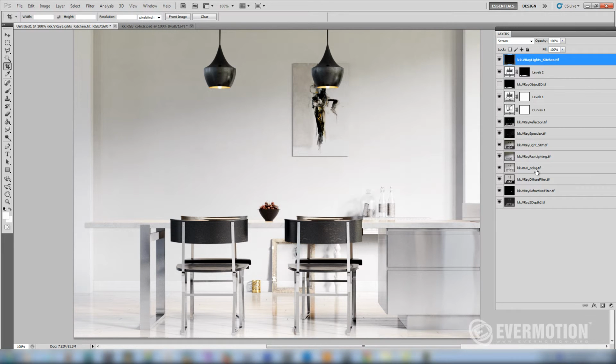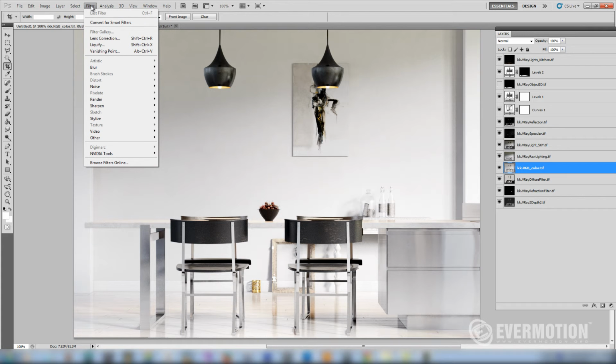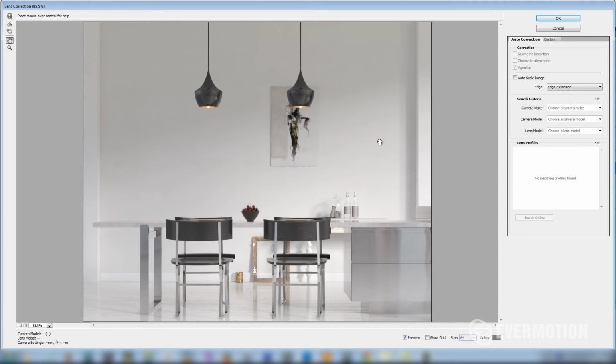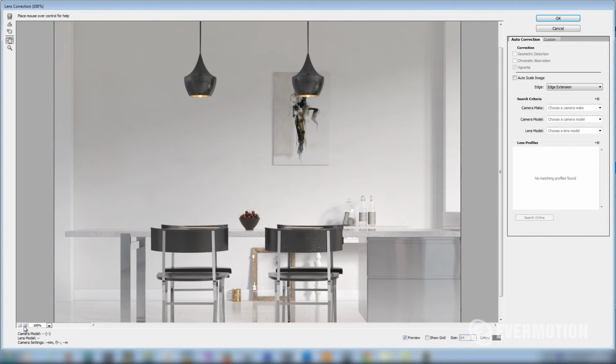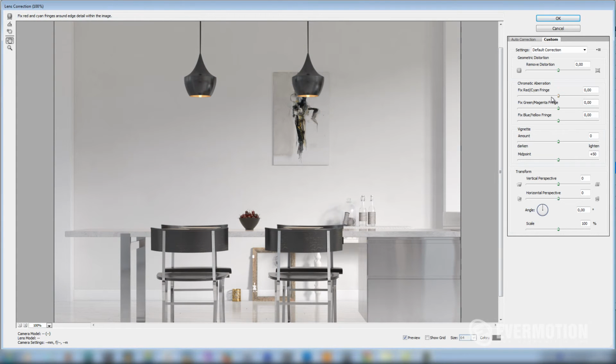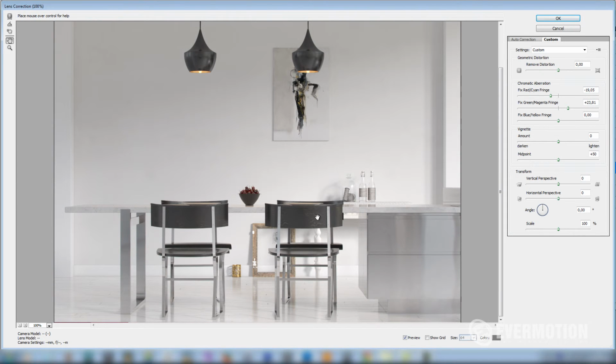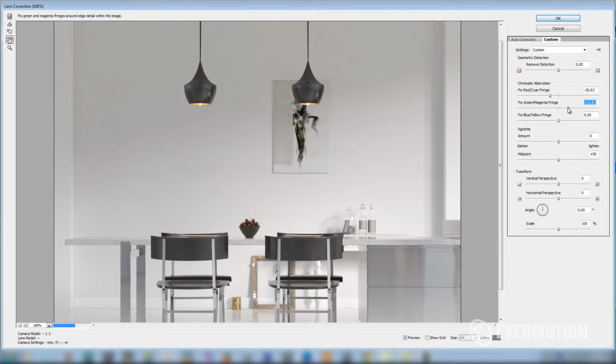We have to choose our RGB color layer and go to lens corrections. As always, it's better not to overdo it, so it has to be a very subtle effect. Okay,